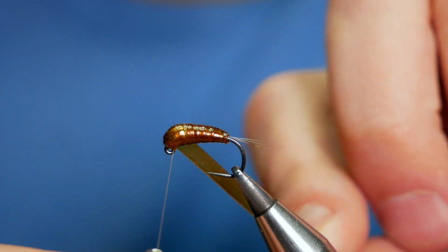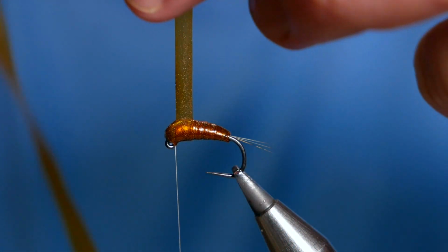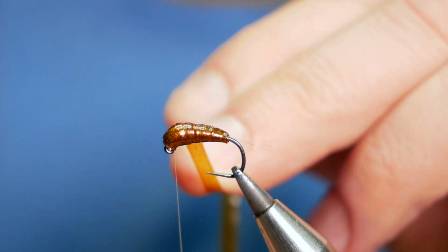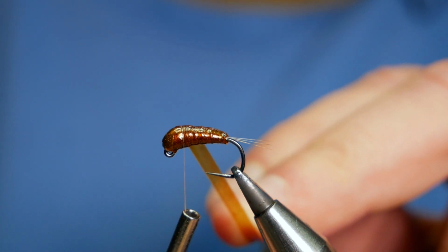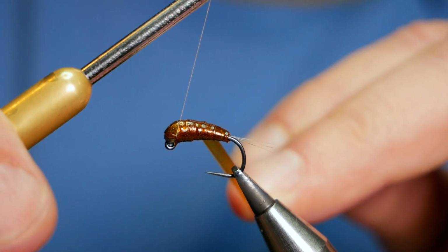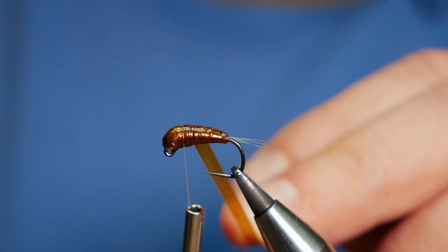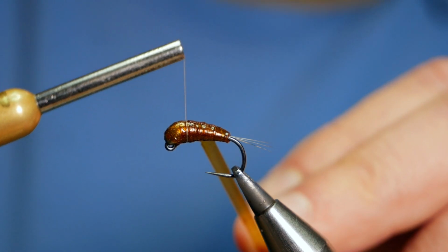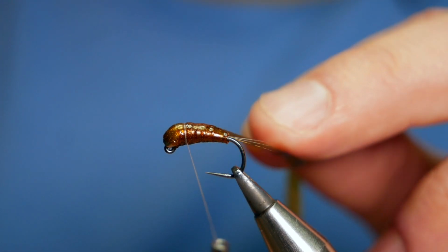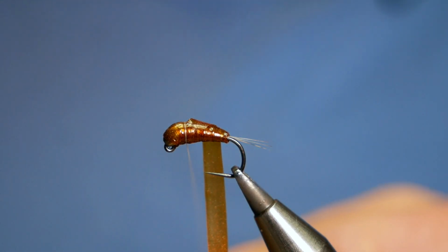And the reason I do that is when I use coloured pens on these, the pen takes the colour much better than just the Java bead. So what I'm going to do is that first groove, I'm going to capture that in 2 or 3 turns, and then with my whip finish tool,